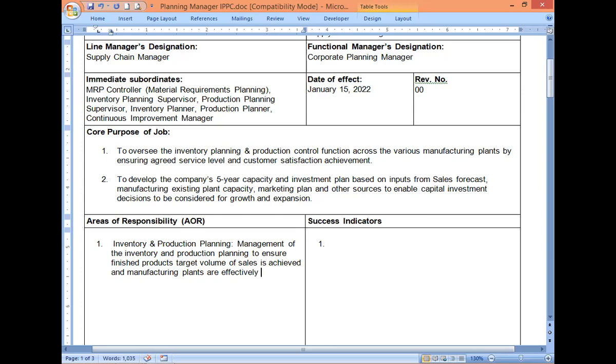See, utilization factor of the plant will always depend on the demand forecast, okay? So the planning department plays a critical role in the manufacturing because they are the drivers. They drive the manufacturing. The manufacturing is just waiting for the forecast, for the volume, so that they know what materials, especially raw materials, are to be procured ahead of time.